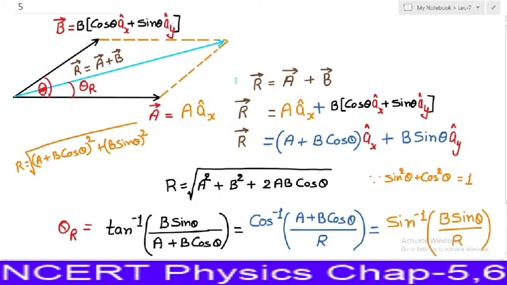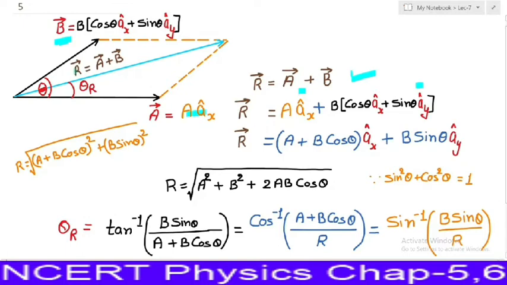So now these are two vectors A and B which have been written in terms of ax cap and ay cap. Because now they are in the form of ax cap and ay cap, to find the resultant of these two vectors, you can add them directly. Directly means just add the coefficients of ax cap for both vectors and just add the coefficients of ay cap for both vectors. Suppose the resultant of these two vectors is shown by vector R.